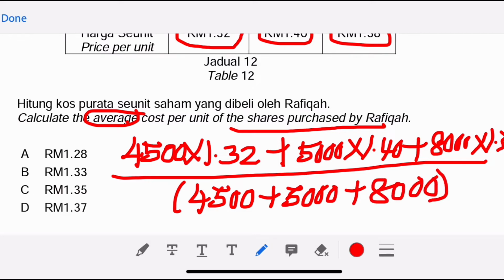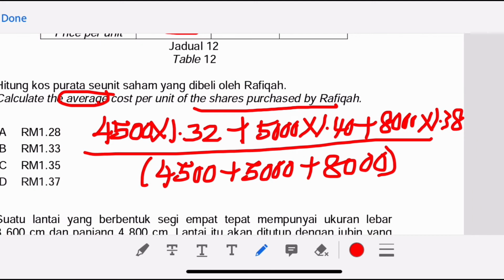That's how we calculate the average cost per unit of the share. So let's calculate carefully. The total is